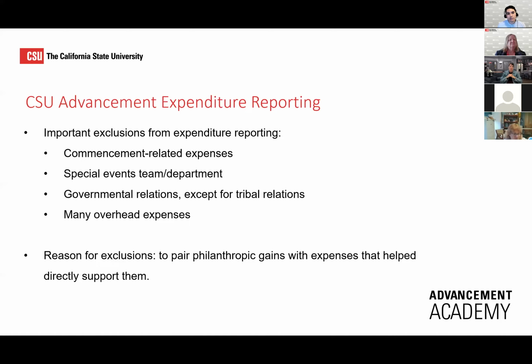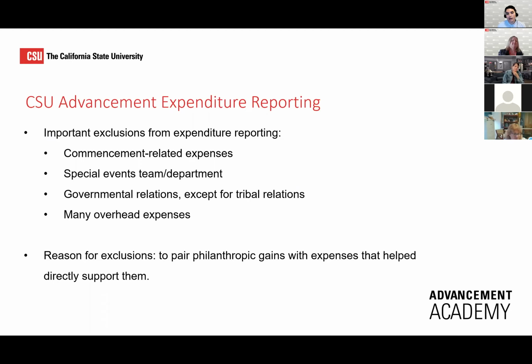Also, special events team or central campus events teams that hold conferences and provide those types of services to campuses. Again, because those services and those expenses are not directly tied to fundraising. If there is maybe a person or a half of a person that's assigned to fundraising events amongst that team, then we will include that person in as a fraction of their overall salaries for the year. And again, that's another really good example of calling Sam to talk through how much to appropriate that person for